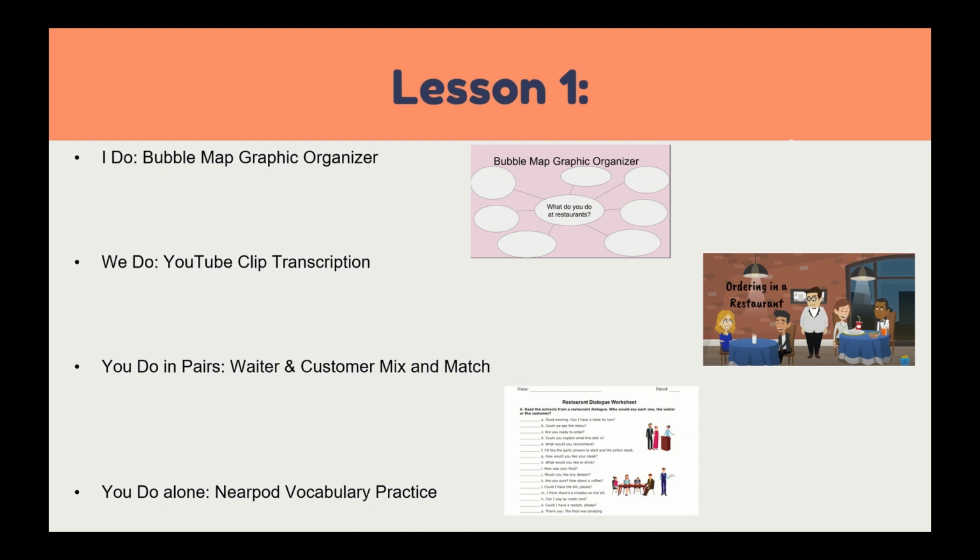So it's re-implementing that vocabulary. The You Do in Pairs is allowing students to work with one another to understand what is said, what do waiters say and what do customers say. And so they have these sentences and they're kind of trying to mix and match, seeing which ones work for which. And then finally for the end of the lesson, to bring it all together, they'll be doing a Nearpod